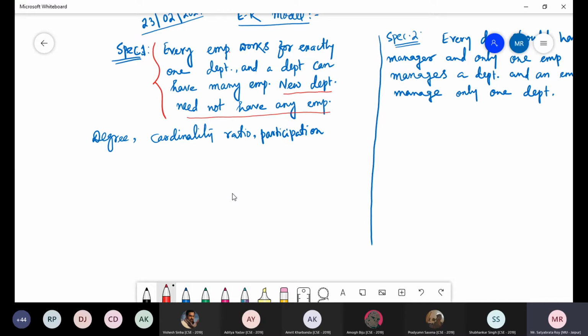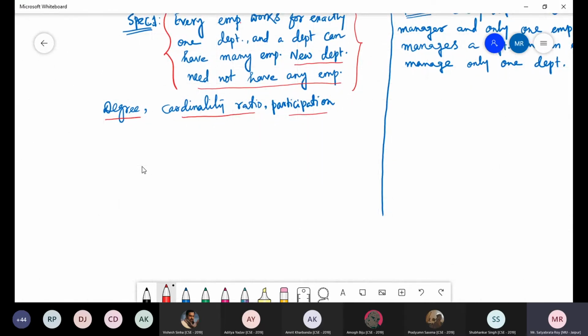Is it clear? The specification is clear. Now from this specification we need to draw an ER diagram, and we have to specify the degree, the cardinality ratio, and the participation. Okay, now let us see it.